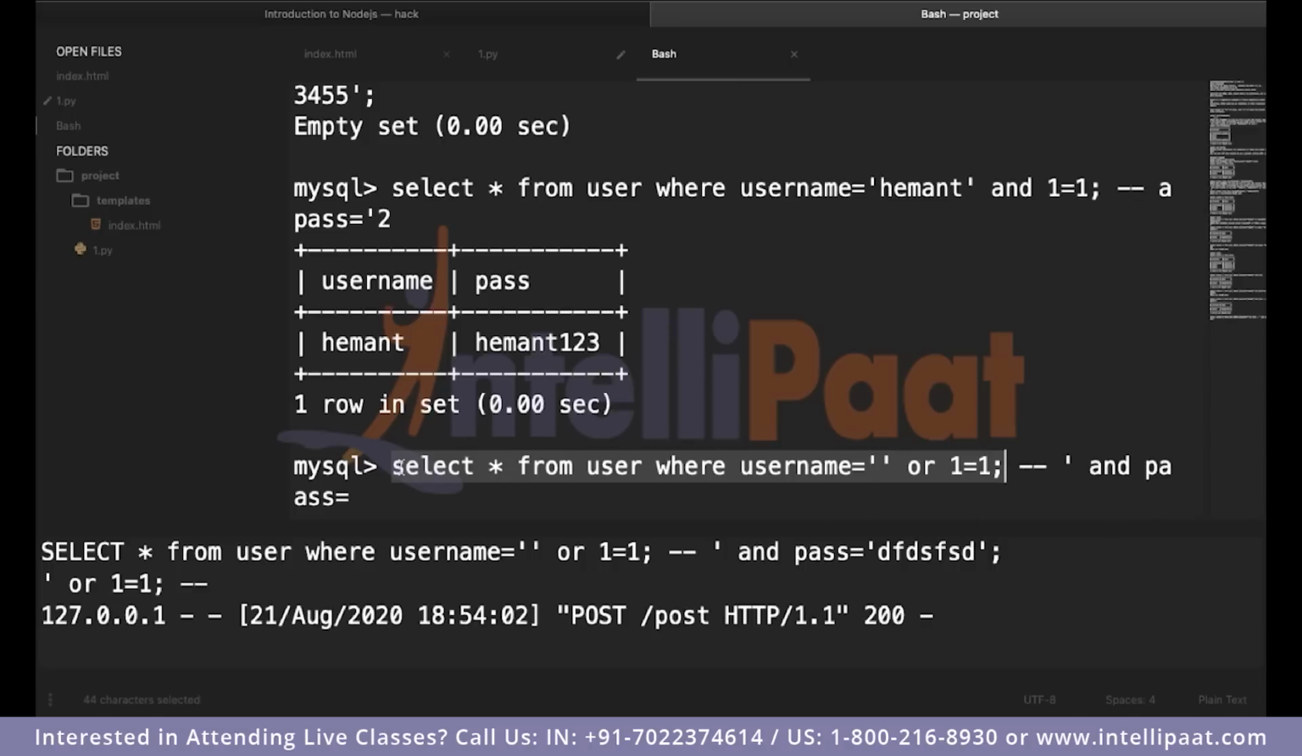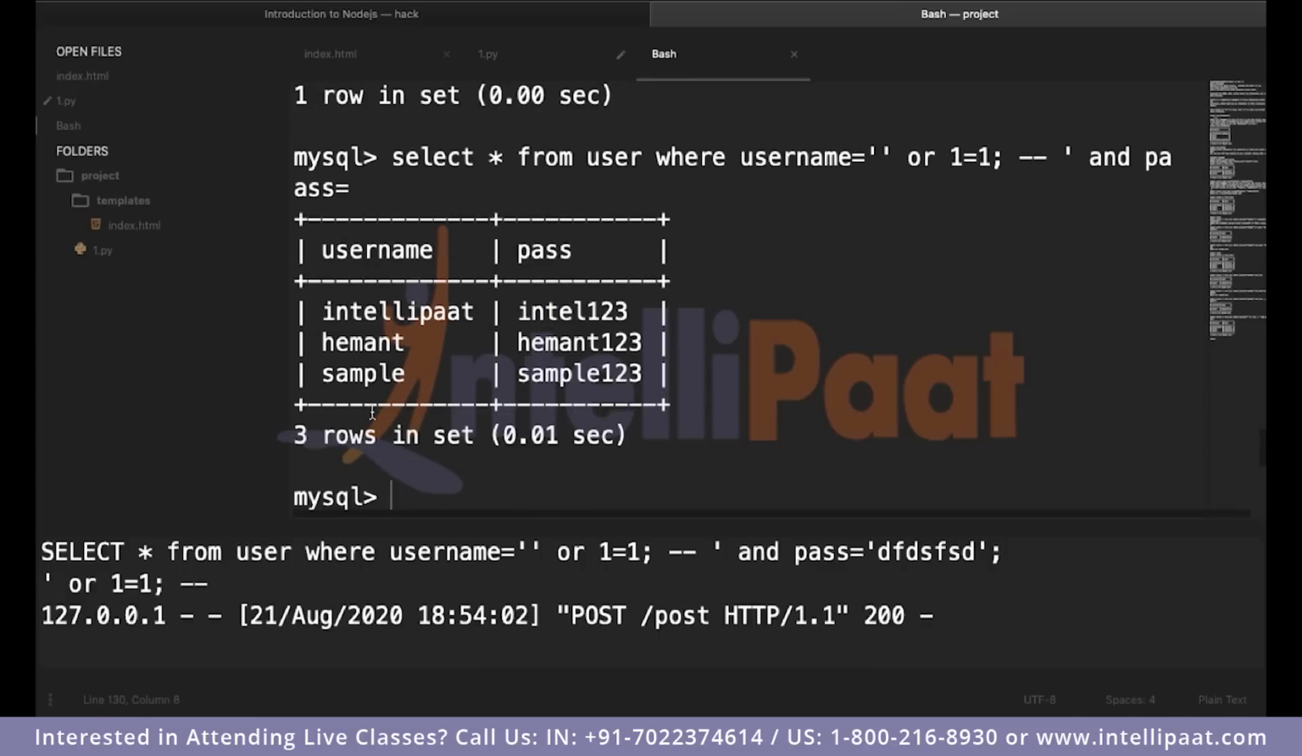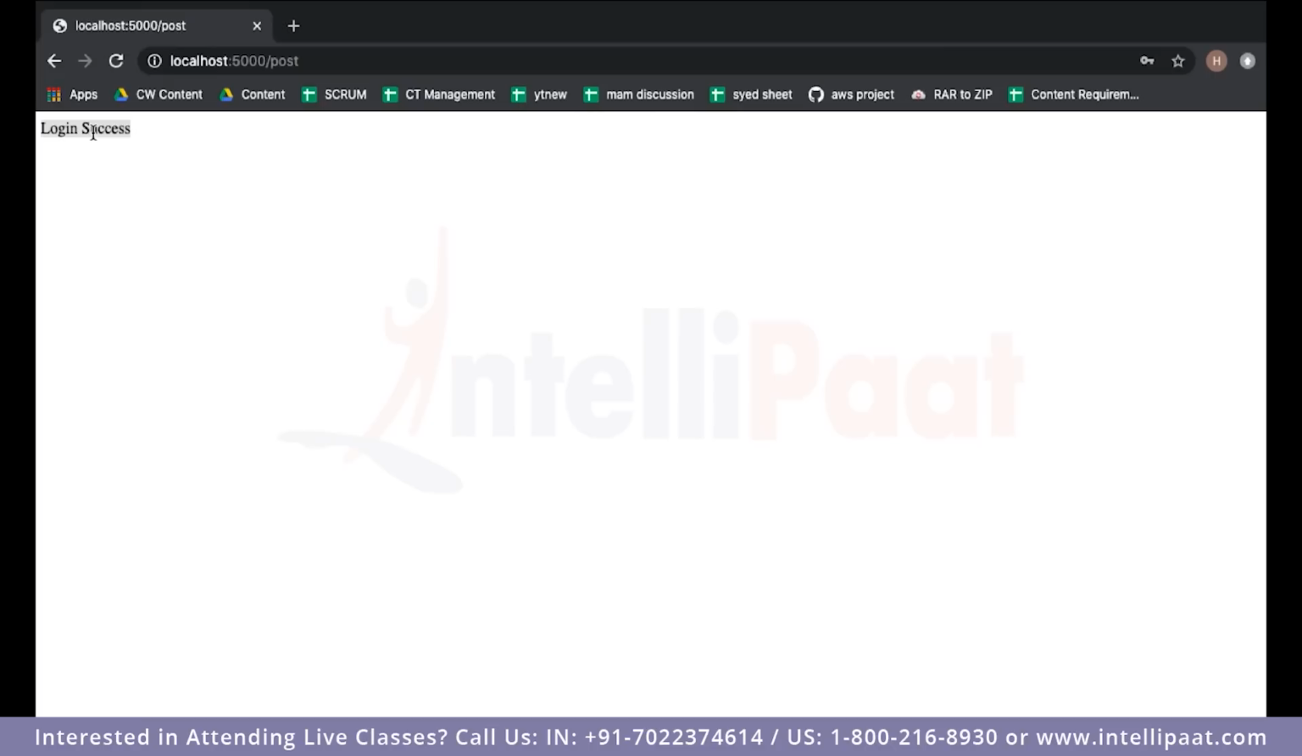Now if you execute this query, what will you get? You will get all the usernames and all the passwords. Let me hit enter. Can you see? I've got all the usernames and I've got all the passwords. And because this is not an empty set, the website is now telling me that the login is successful. So guys, this is a very simple and a very dangerous SQL injection that we have just done,